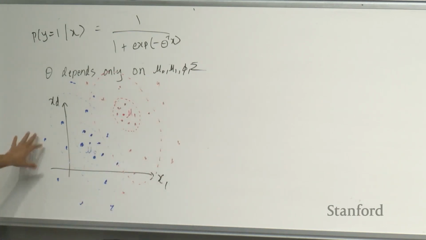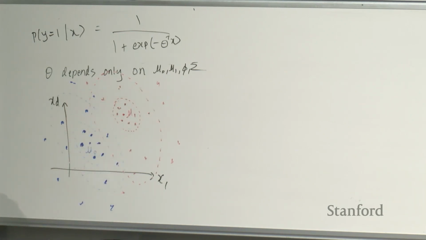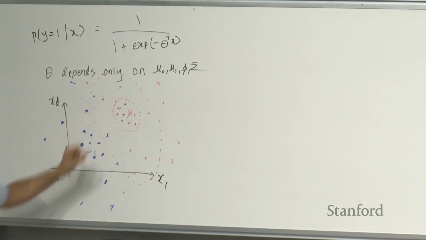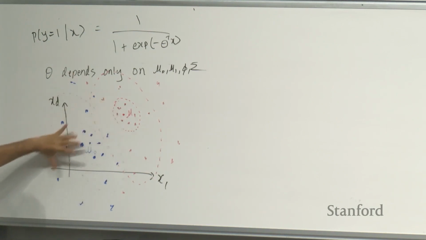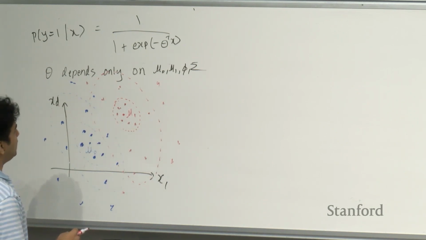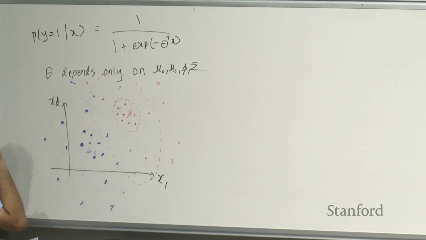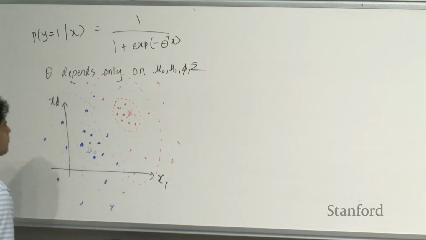Right. So we start with just the data points, and we fit a GDA model. Your GDA model would learn the two mu's, the two sigmas, and the common shared covariance structure, and phi would just be the fraction of examples in the red class relative to the total, for example. And the posterior distribution, which you can think of as the